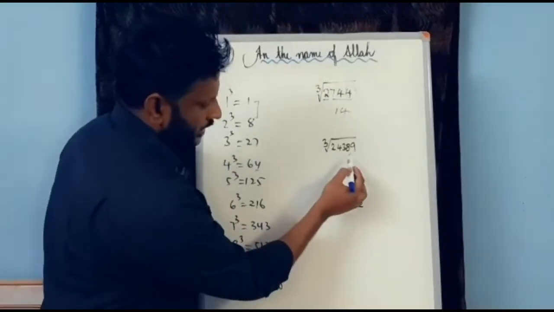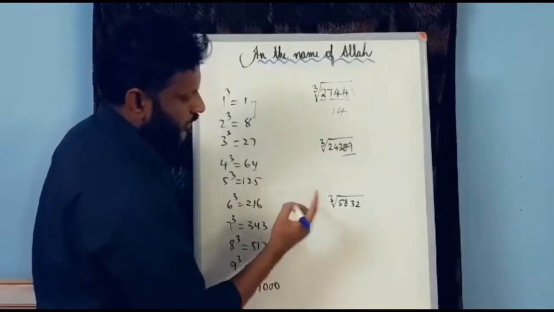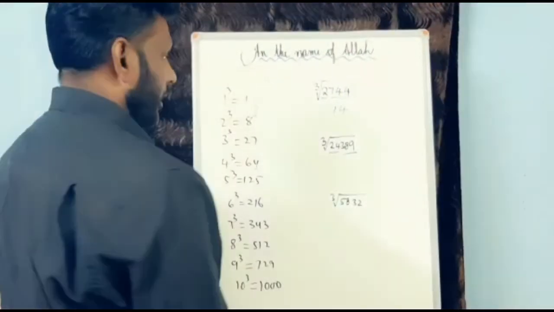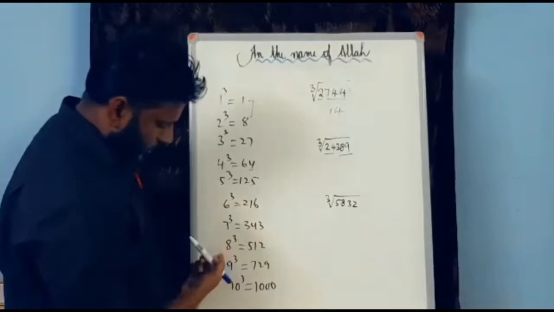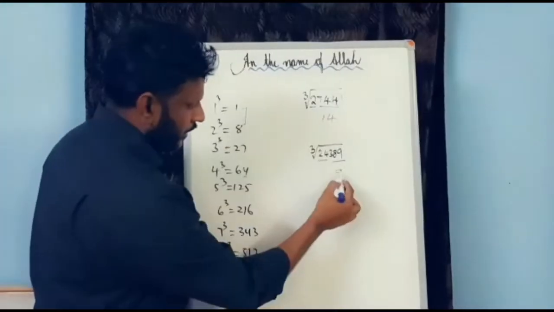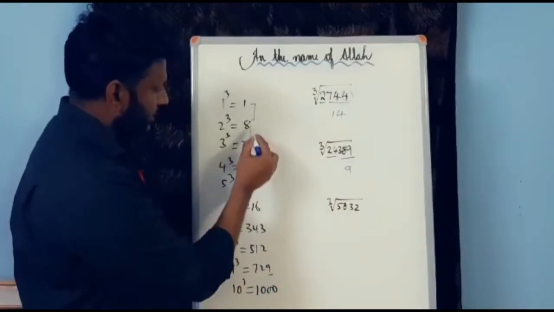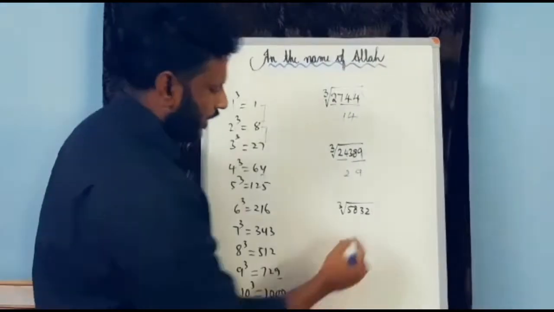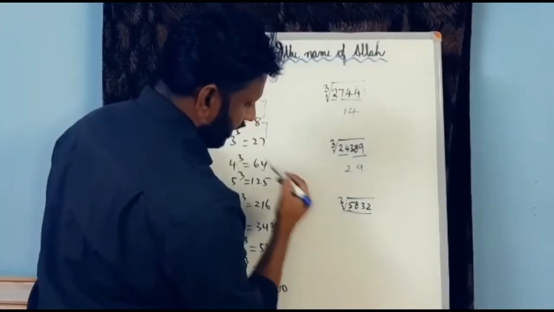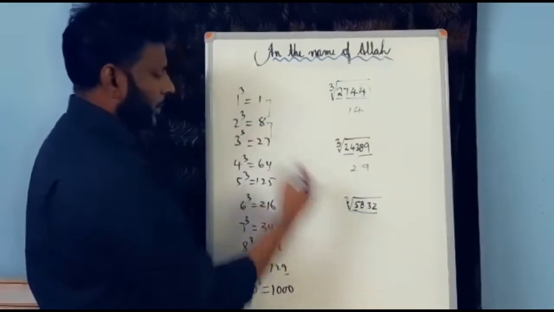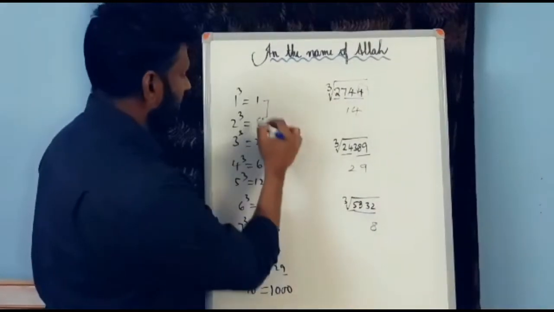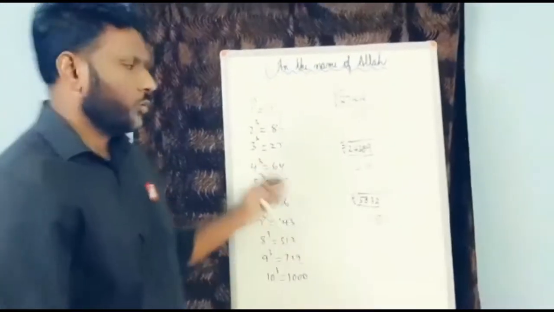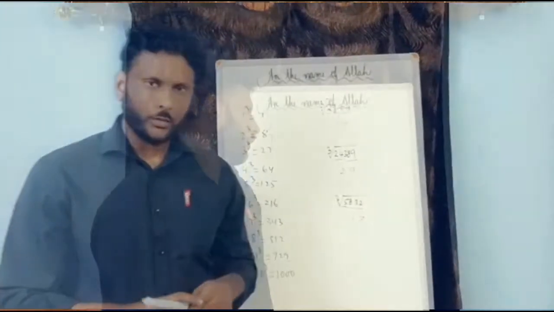So the next example: 3 digits count as 1, and this is a pair, 24 is another pair. So here 9, when you do 9 cube, it ends in 9 here, and 24 lies in between 8 and 27. So the least number is 2, so 29. And the same: 3 digits count as 1. So when you do 2 cube it is 8, here 5 lies in between 1 and 8, so 1. Hope you can easily understand how to find the cube root by the short trick.